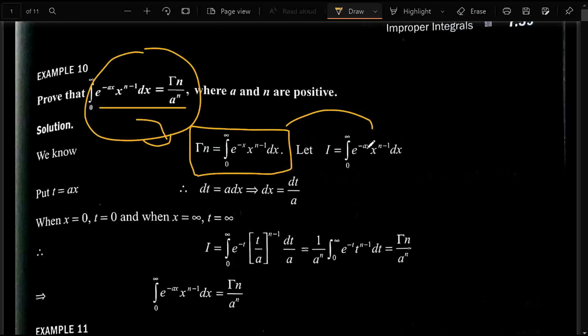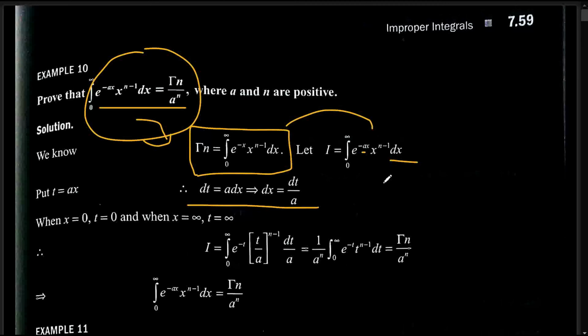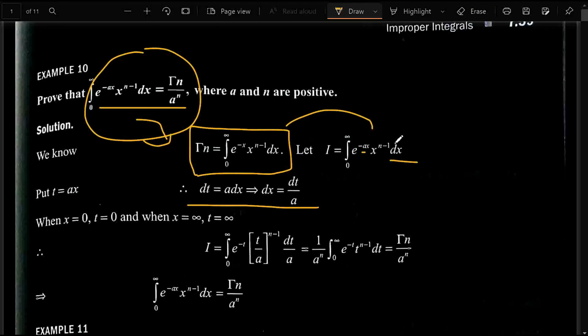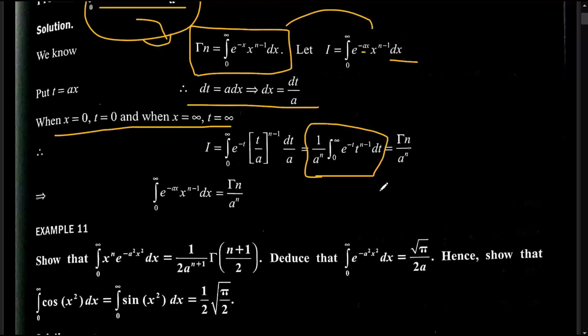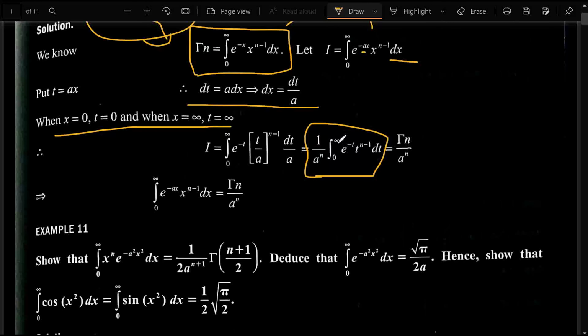So to make it, just put it as a single variable. So t is equal to ax, and then we have to differentiate it. Why do we have to differentiate it? To change this with respect to the integration variable, since we are integrating with respect to x. While changing the variable, the limits also get changed. So by changing the variable and the limits, and by simple integration, we get this form, and this is nothing but the form of gamma function which we have here. So this is the same form, and now we can say it is gamma of n by a to the power n. So that's it guys.